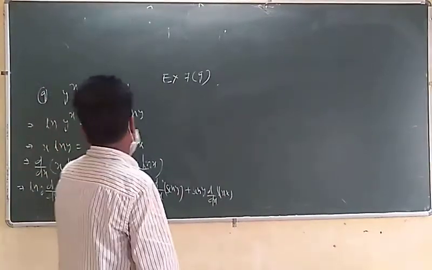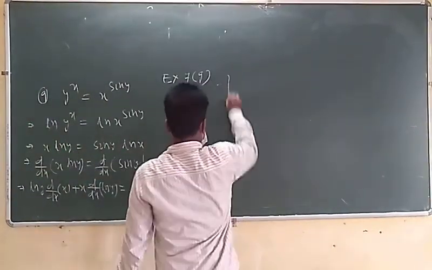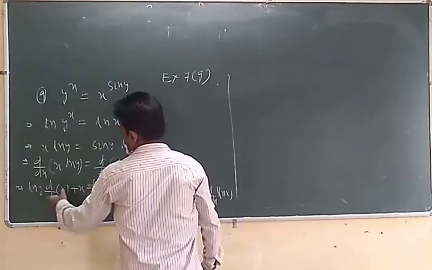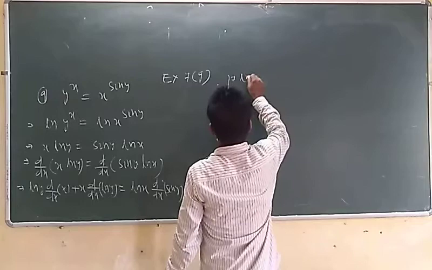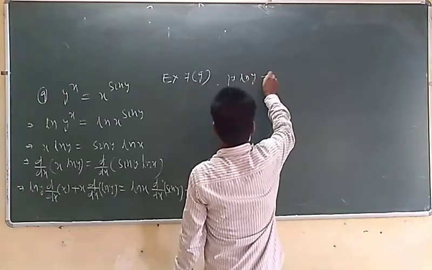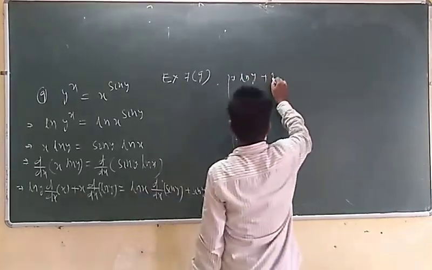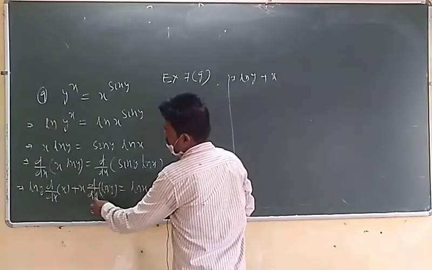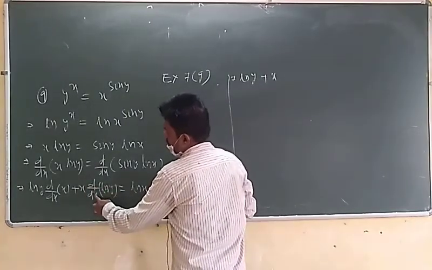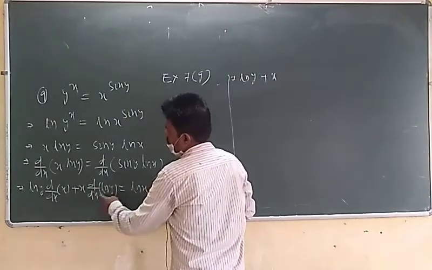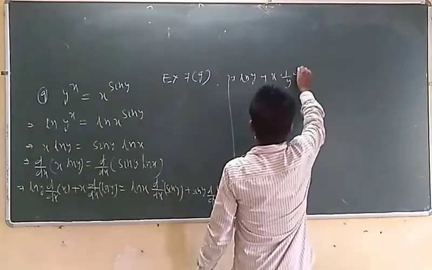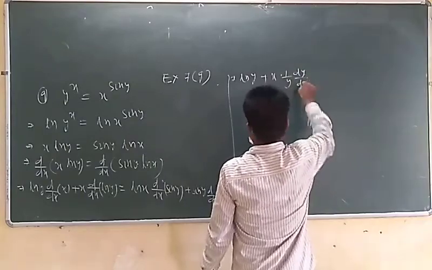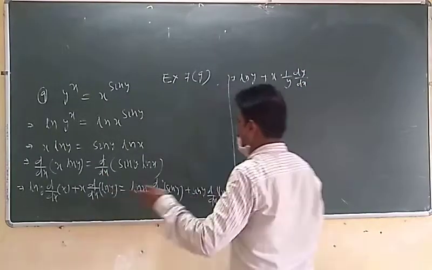Now, what is the derivative of x? The derivative of x is 1. So on the left side we have ln y plus x, using the chain rule. Because in d by dx of ln y, the derivative variable is x and the variable is y, we use d by dy of ln y, that is 1 by y into dy by dx. So the left side is already completed.